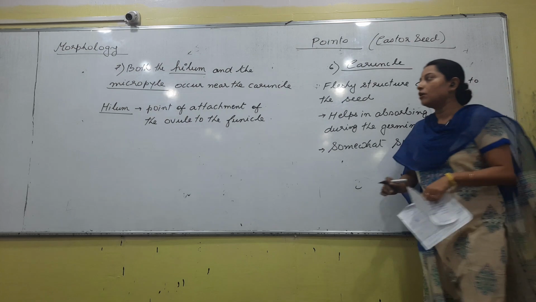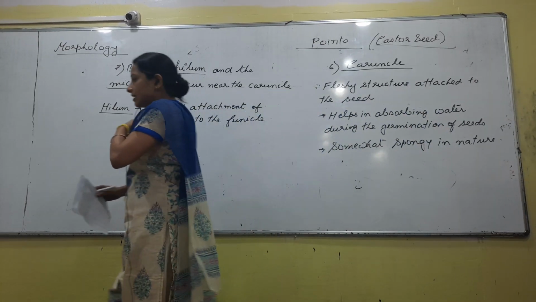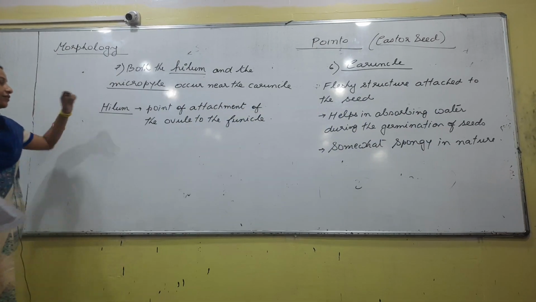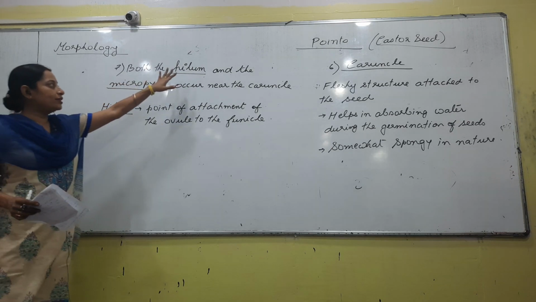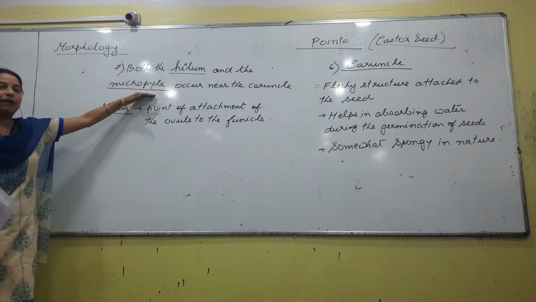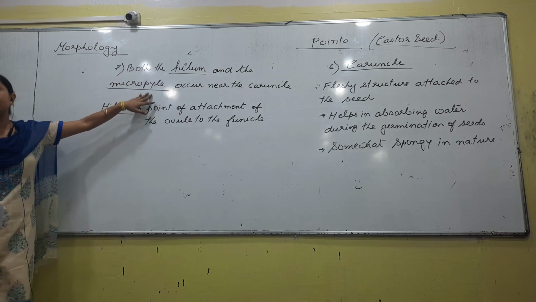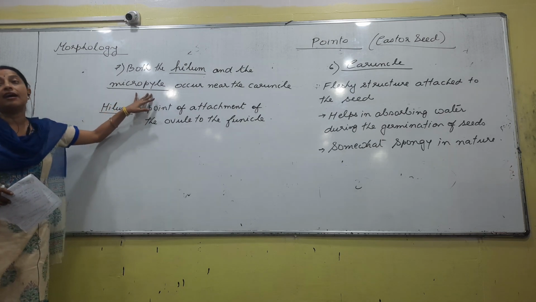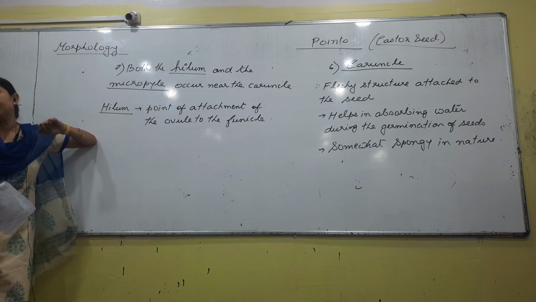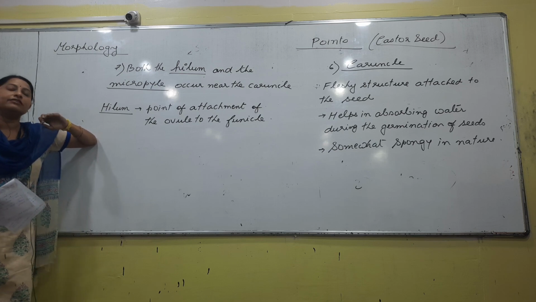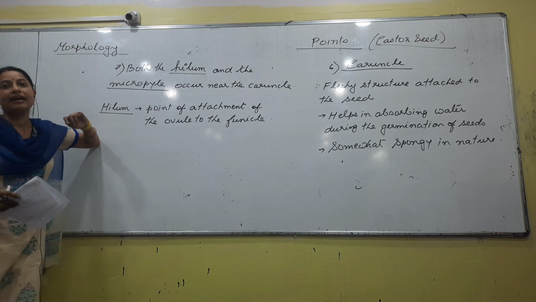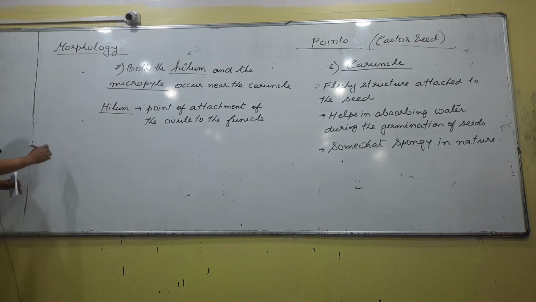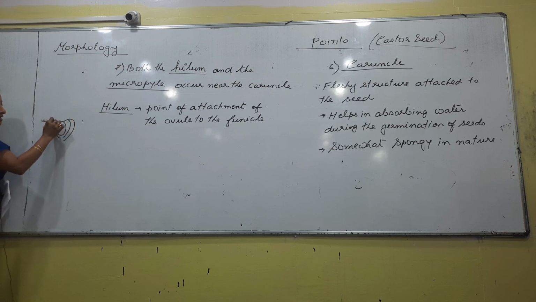So the next point is about the seed, right? We know what a caruncle is, and we have already drawn the structure of the seed. Now we hear another word called the hilum and the micropyle. What is micropyle? The area of the ovule which is not covered by the integuments is called the micropyle. It is the area through which the pollen tube will penetrate and ultimately conduct fertilization, right? If these are integuments, this is the ovule covered with integuments on all sides except this portion, and this portion is called the micropyle.